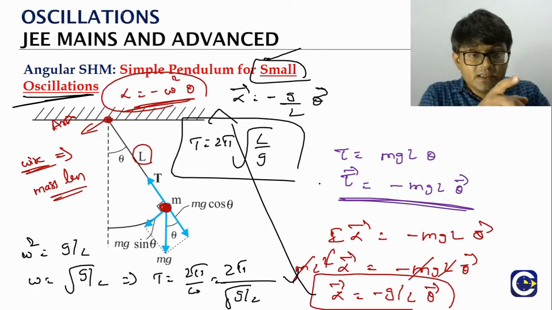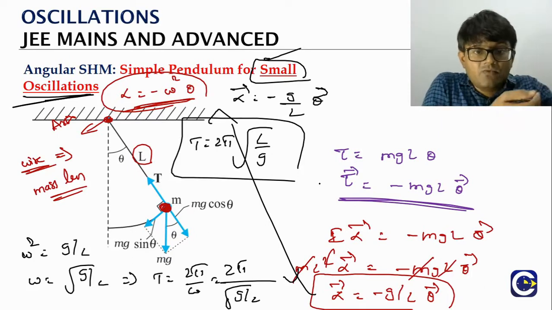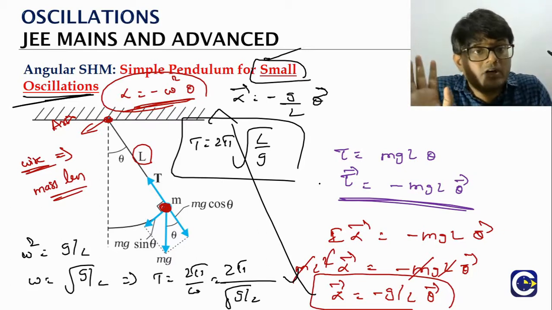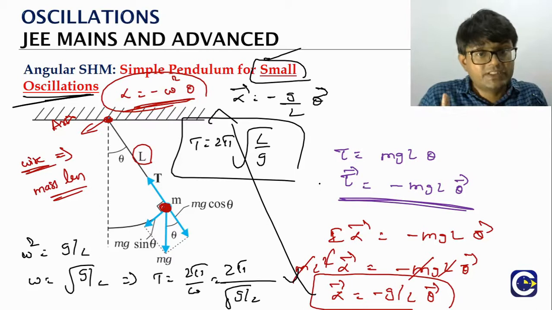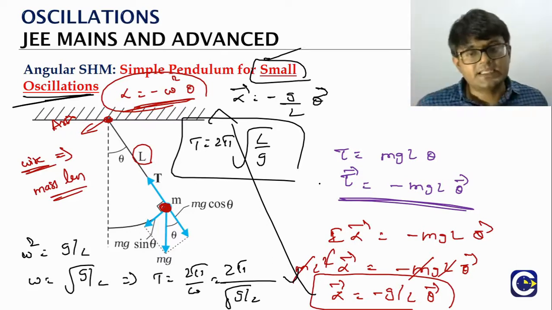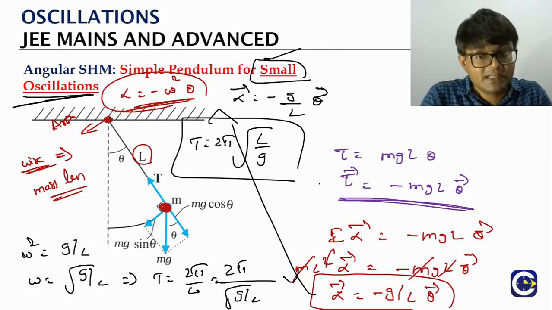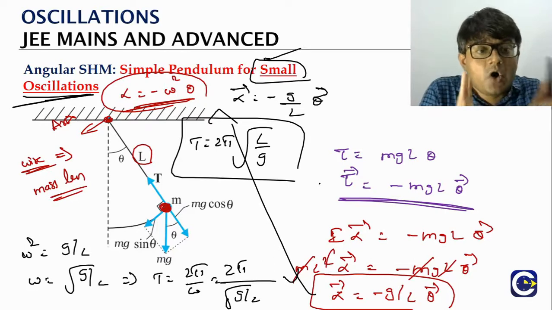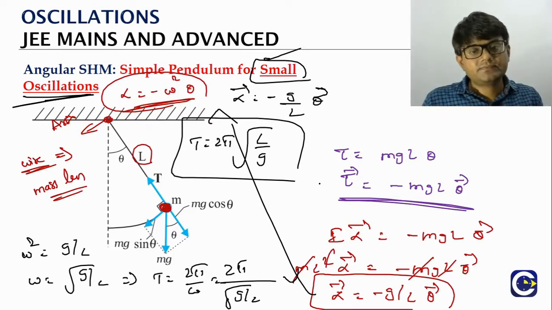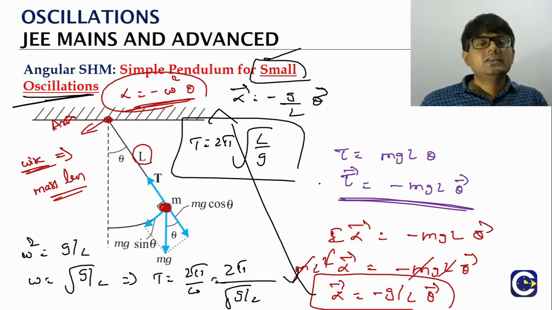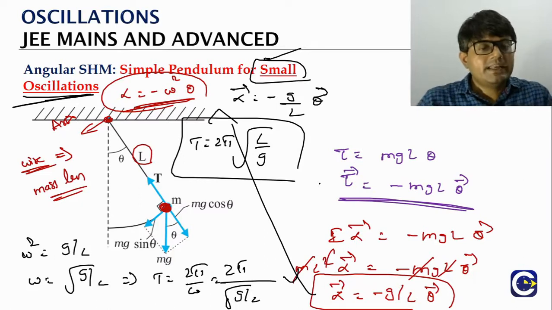Again, one more thing. The period of oscillations here, you can see that the angular displacement or the amplitude we are giving is not going to come in the period of oscillations formula. In the spring mass system also we have seen this. The period value will not depend upon the amplitude given to the object which is performing SHM. But here we have a condition: the angular oscillation that will happen should be small oscillations. Okay, so this is about the simple pendulum, how we get the time period.